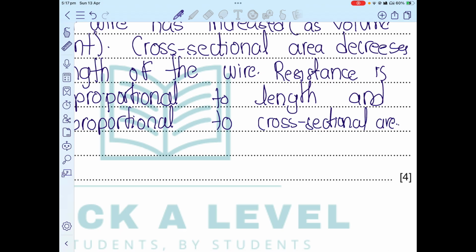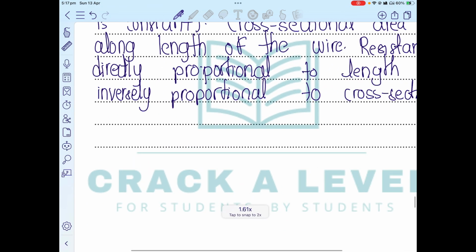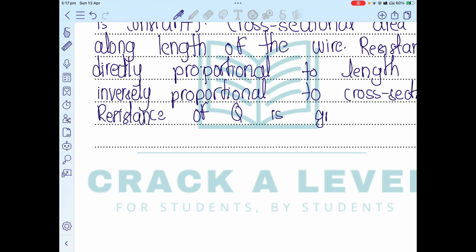So because the length is increasing and the cross-section is decreasing, the resistance of Q is greater than